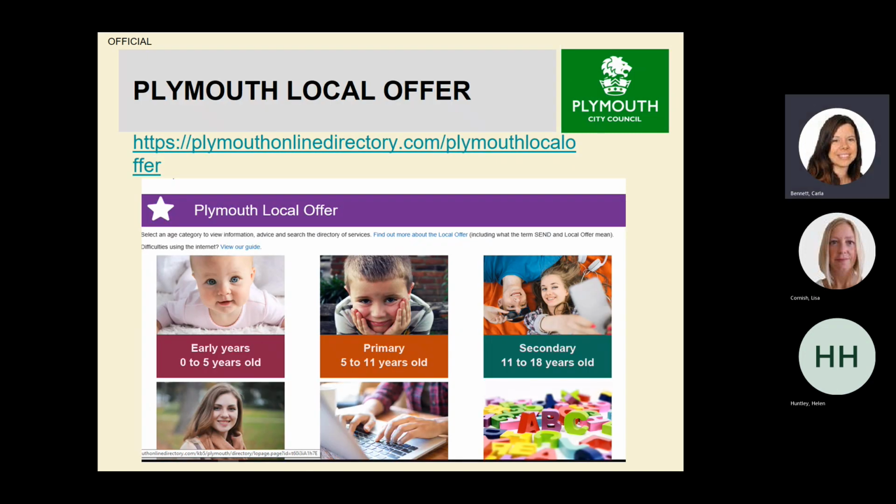So just to sum up, I know that's lots of information to take on board, but you can have a look at the graduated approach in your own time. So if you go onto the Plymouth local offer, this is what it looks like, and then you would click into the category that your child fits into. And then when you get into the actual local offer, you will see a search bar. So if you just wanted to go to the graduated approach, if you type in graduated approach and it's found within the SENCO guide, you can then see the graduated approach and also the relevant documentation that goes with it as well. So you are aware of all of those checklists and can go into meetings really armed with the information that you need when talking about your child.